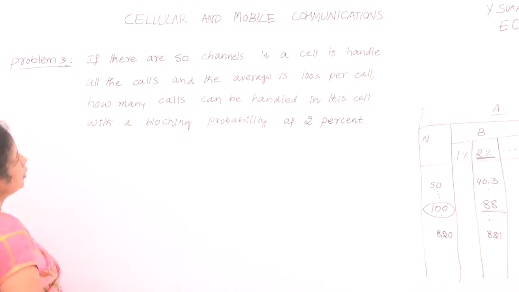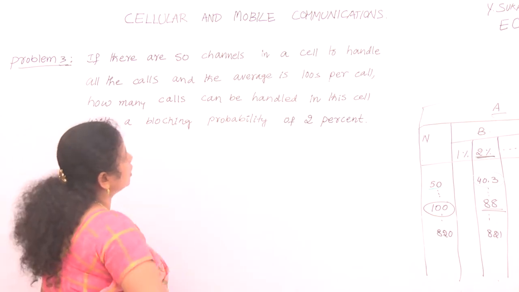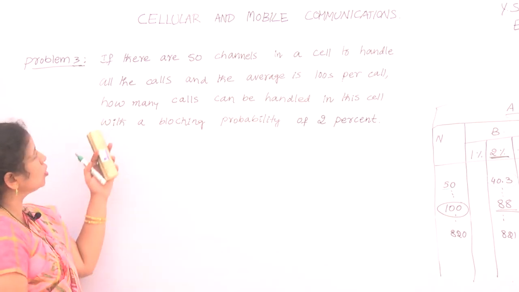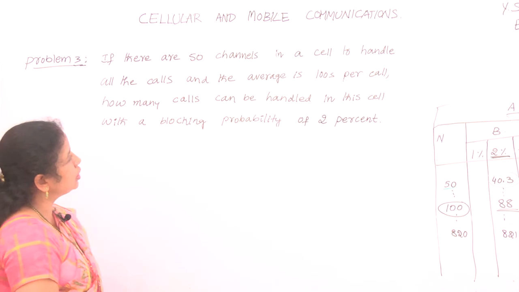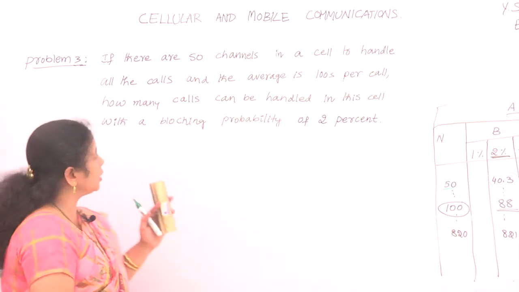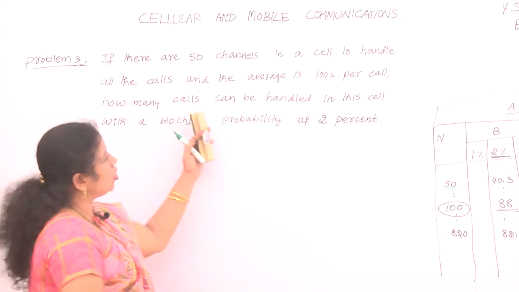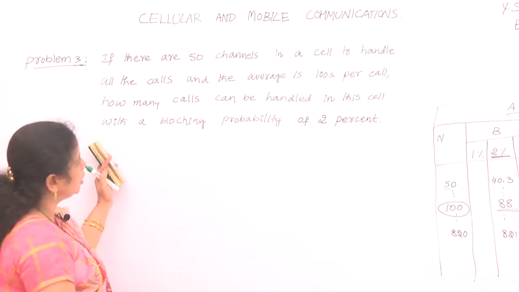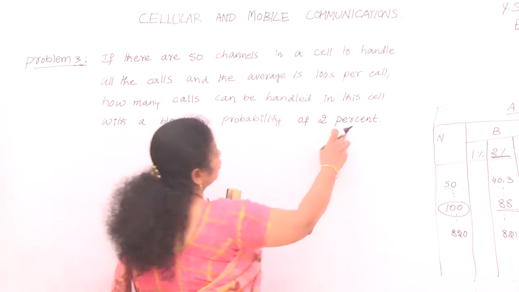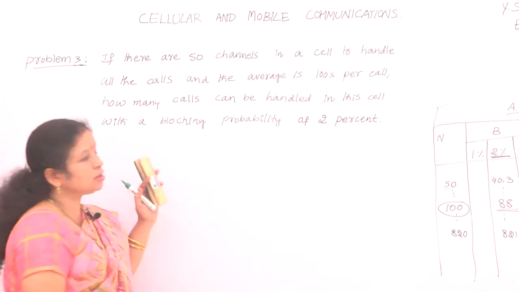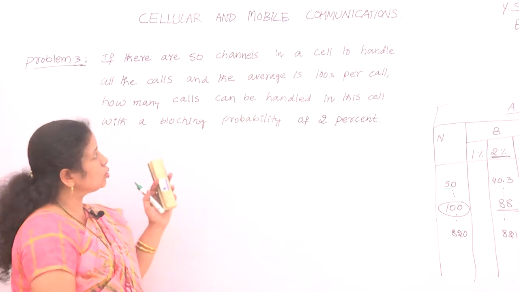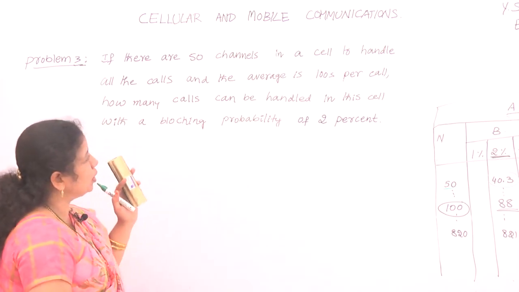If there are 50 channels in a cell to handle all the calls with average call duration of 100 seconds, then how many calls can be handled in this cell with a blocking probability of 2%. Okay, this is the problem given to you. So by understanding this problem,